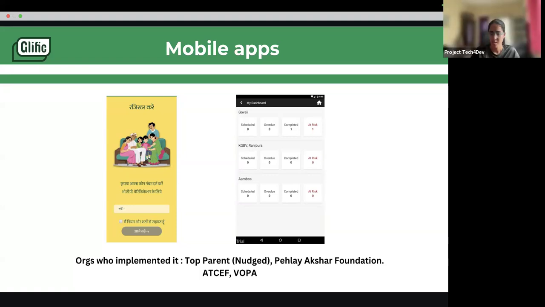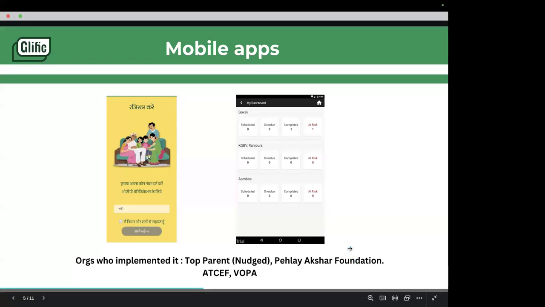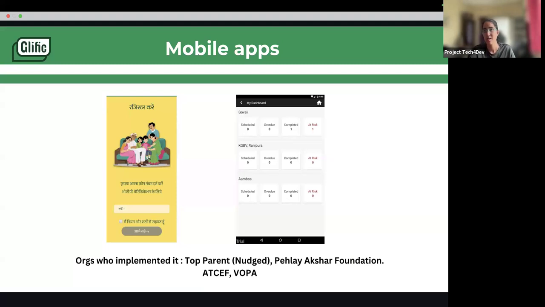Yes, yes. So basically, we are just making these two things talk, right? Glyphic chat and a mobile app. So you can schedule in whatever way you want. One close example is Pehle Akshar Foundation. They have an application where they want to train teachers on practicing English regularly. So if a teacher is not using the app for X number of days, they get a nudge on their WhatsApp saying, hey, you haven't used it in X number of days. So that way they have scheduled it based on a criteria. You can set it based on a date or a time or whatever.